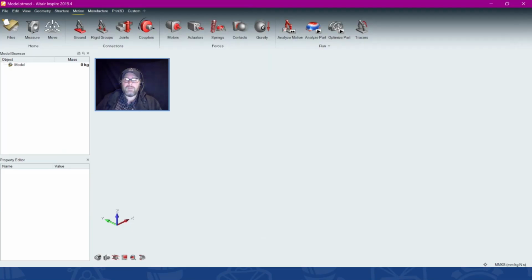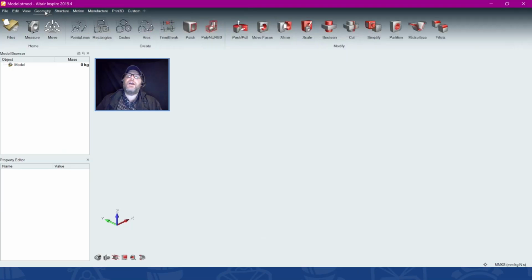We are not a CAD software, and at the moment we're not trying to be a CAD software. So the tools that you may be familiar with in CAD, we don't have the extent of that. We aren't parametric. We don't have a design history, but we absolutely can generate geometry within Inspire. So from this, what I can do is we come back to geometry, and these are our sketching tools, and